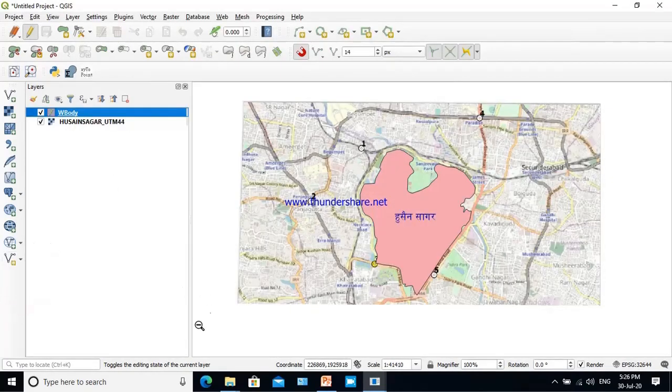Now after digitization and populating the values, we have to save our digitization. So toggle the edit, and it will prompt us to save.